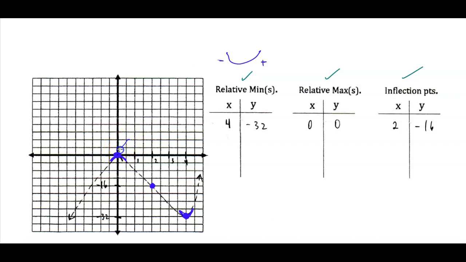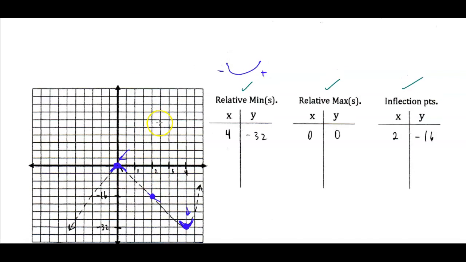And just by looking at what we see here and here, we know that our graph's going to have to decrease between x equals 0 and x equals 4 because our function is a polynomial. So we know that in between here, the graph is going to have a negative slope of a tangent line, okay? In other words, it's got to be decreasing. Now, if we go back to our chart here,